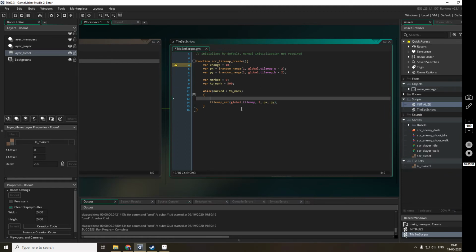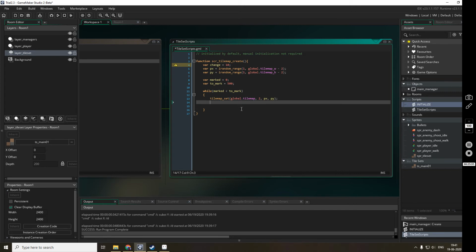Now the current position px and py can move in 4 directions, and that will be random. So we will choose, okay, tile map set px and py, right?